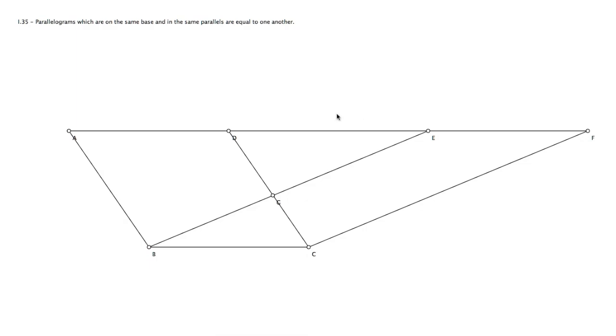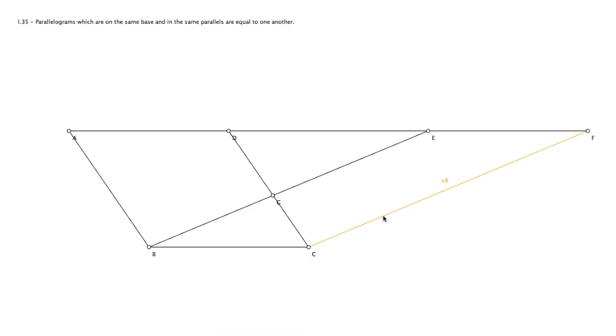Now Euclid goes back to proposition 34 at this point to prove that AB is equal to DC, because, of course, this is a parallelogram and opposite sides of parallelograms are equal, so AB is going to be equal to DC by proposition 34. Now he could go on to do the same thing for sides BE and CF, again appealing to proposition 34,